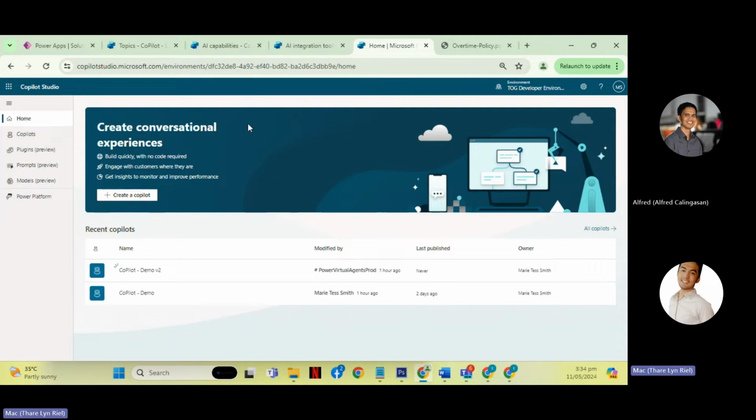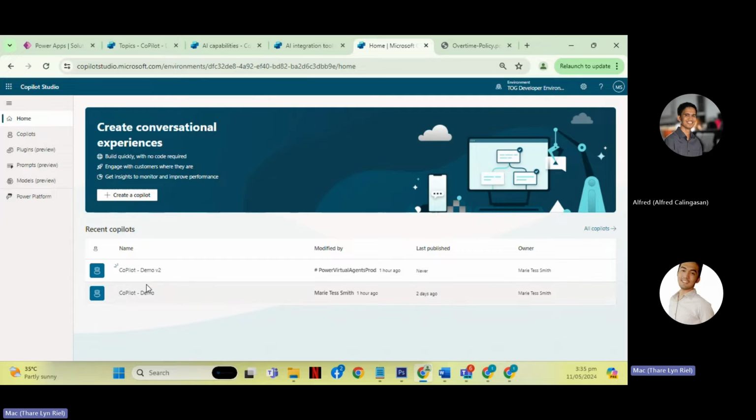For the demo, let's start with how to set up a Copilot Studio environment. Assuming that you already have the required licensing, you need to go to copilotstudio.microsoft.com. Once you go there, you will be redirected here. On the home page, you can see the list of recent copilots.